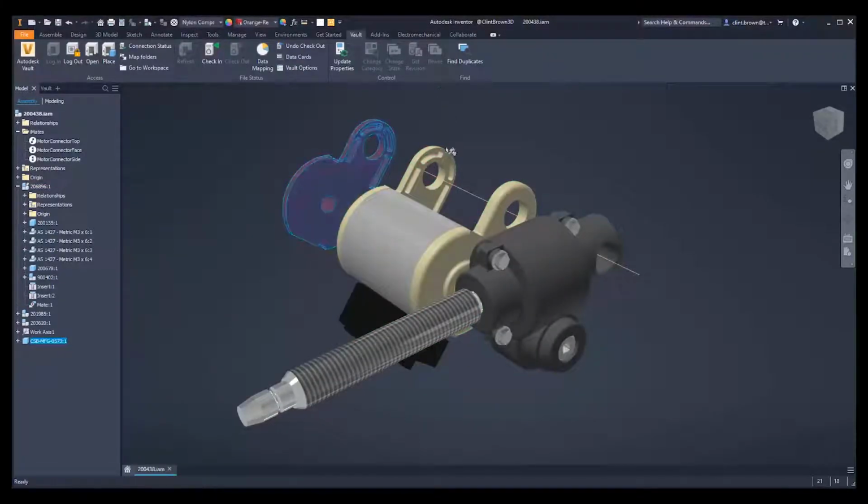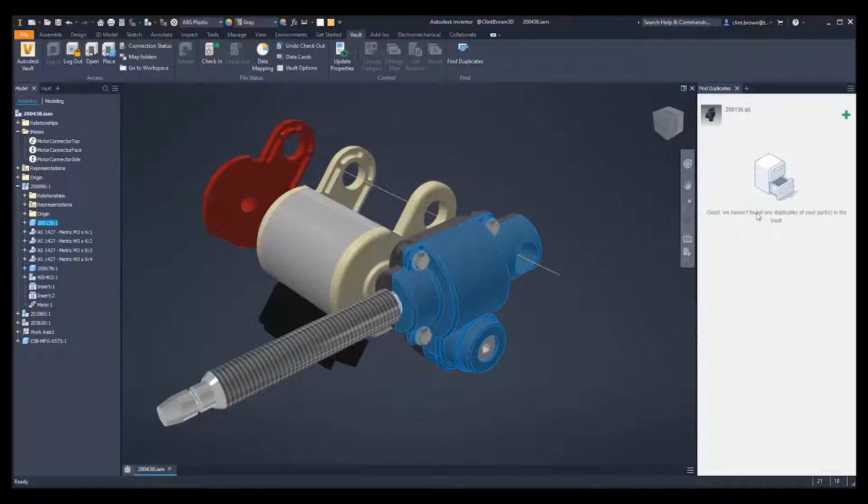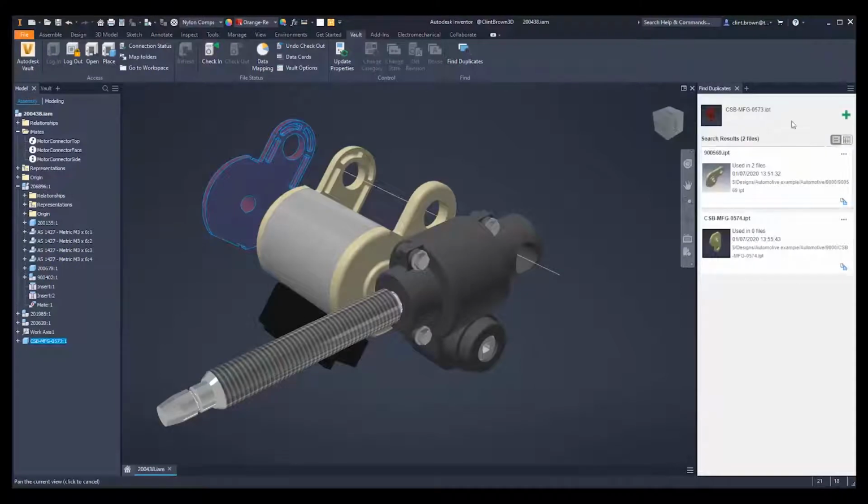I've made a duplicate of the component shown on the left over here. And we're going to run Vault's duplicate search functionality. So if we choose the side cover and we run a search, we see that there's no duplicates found. If we repeat that though on the copy that I made earlier, and it searches the Vault, you'll see it's